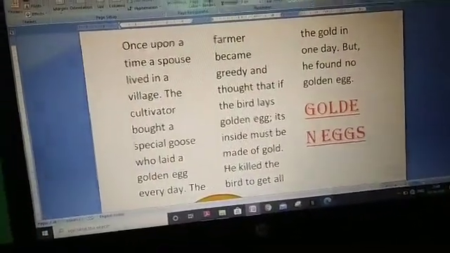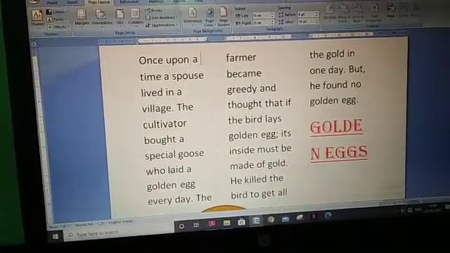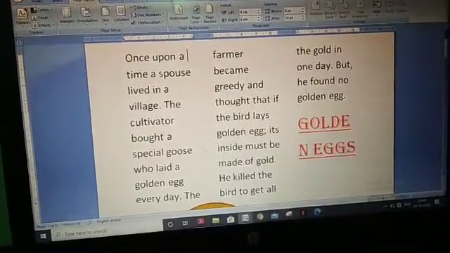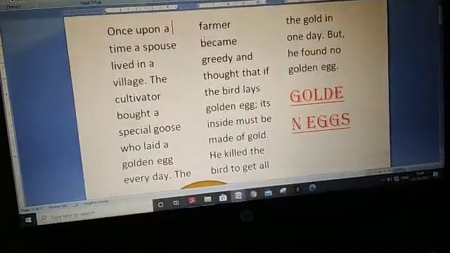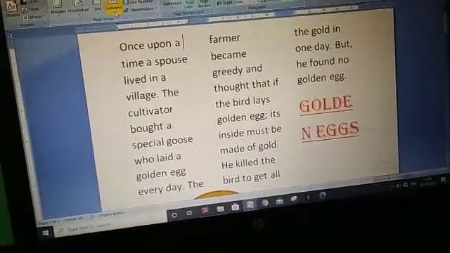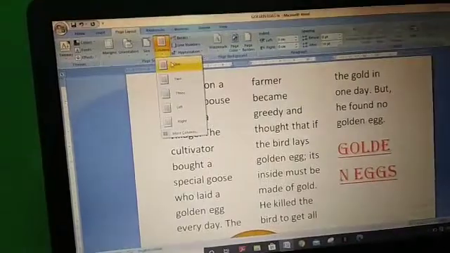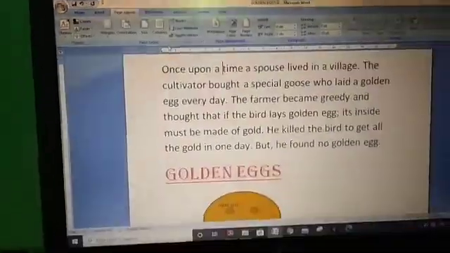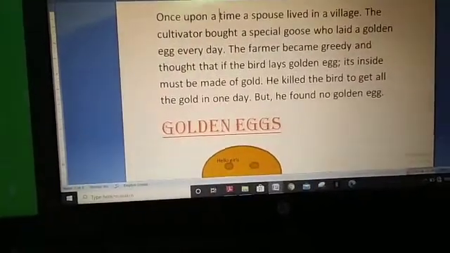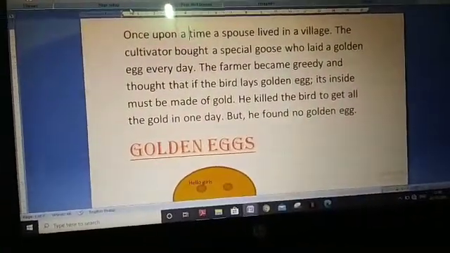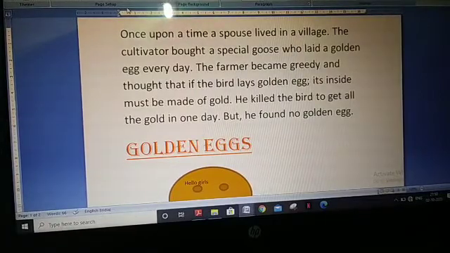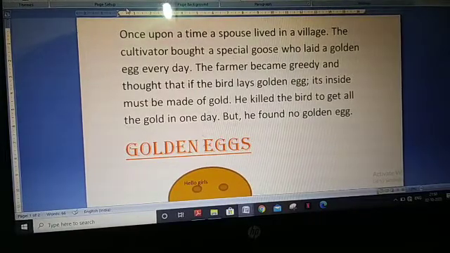This is the first column, your second column, and this is the third column. If you don't want columns, select 1. I hope you understood how to arrange text in columns.